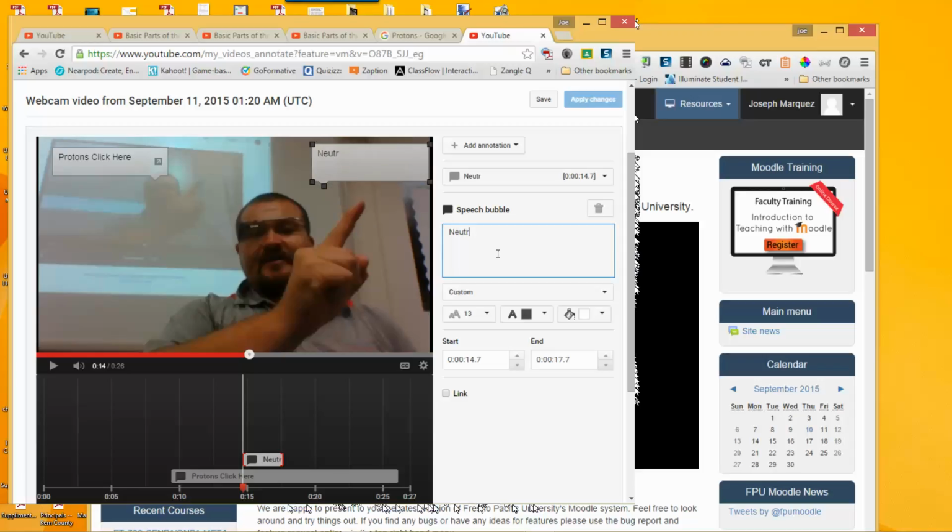Can you color the bubble? Yes, you can color it down here. Yellow, that's mustard, that's gross. We'll do greenish, and then we'll make the text black or white. And you can change the size of the font to make it bigger. That's probably what I should have done the first time. It starts at 14, but once again, I want it to go all the way to the end, so 26.